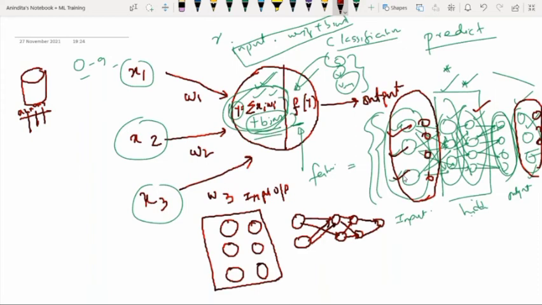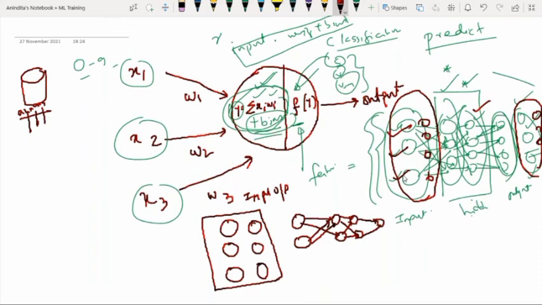Similarly, the question is, can we have more than one layer in the output section? No, ma'am. Again, it is not possible. So here the answer is, we may have multiple nodes, that is, multiple neurons, in the input as well as the output layer. But increasing the number of layers in the input and output section is not possible.